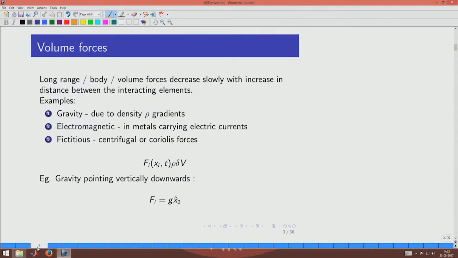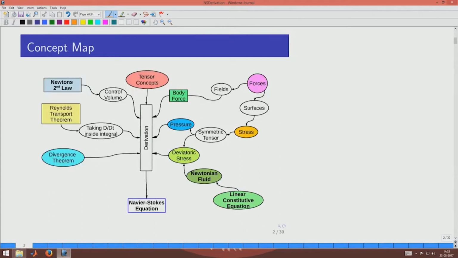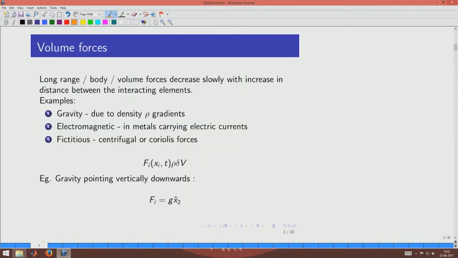Okay, so, we start off by looking at these terms. Here we saw that the forces are necessary, and so we are going to describe them. So, there are two types of forces that we are going to consider: the long range forces, or the body forces or volume forces. These are the ones which decrease slowly with the distance between the interacting elements,